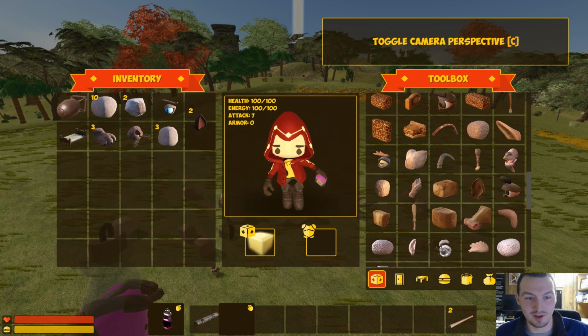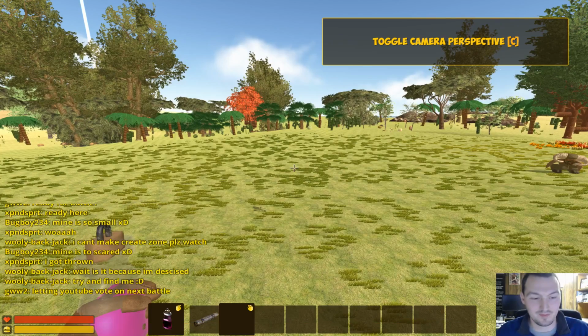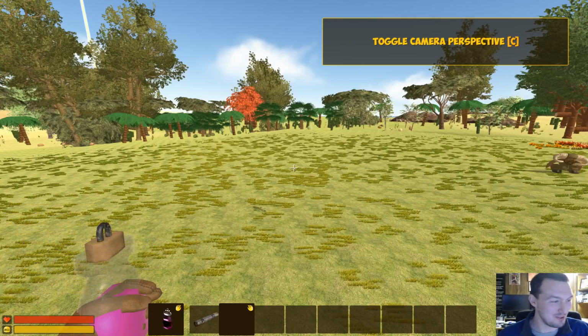So I'm going to clear out my inventory here, get prepared for the next battle. Okay. We are tied. There's always a tie. I need to... Okay, the one person who voted cow...